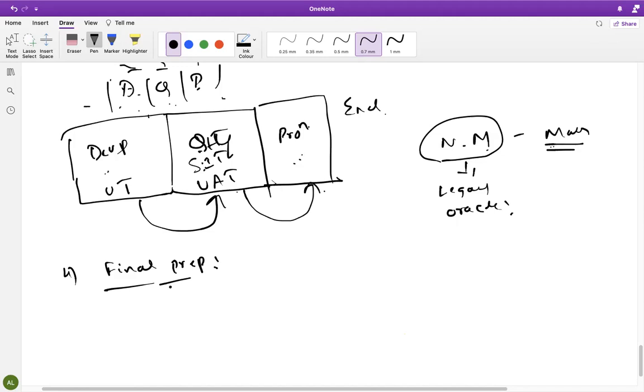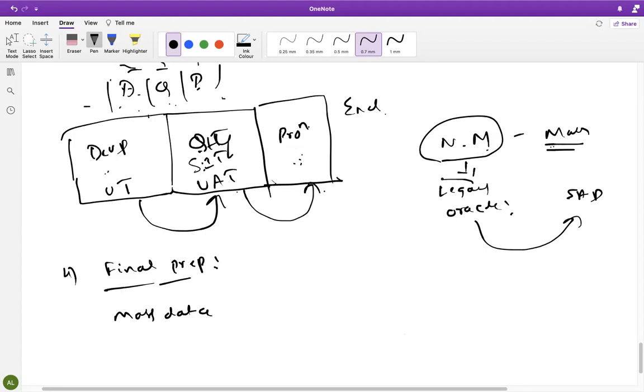Here, what we'll do is upload mass data from the legacy system to the SAP system. From legacy Oracle to SAP, we'll upload mass data. Thousands of materials will be there. Thousands of open purchase orders will be there. Why are we not uploading new purchase orders? New purchase orders, we will create directly here only, right?